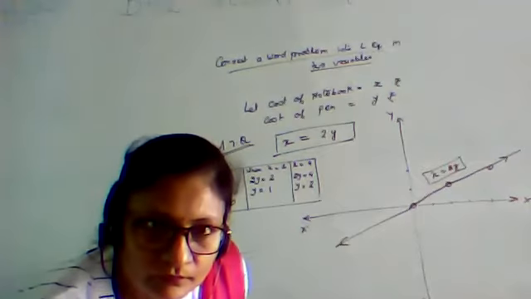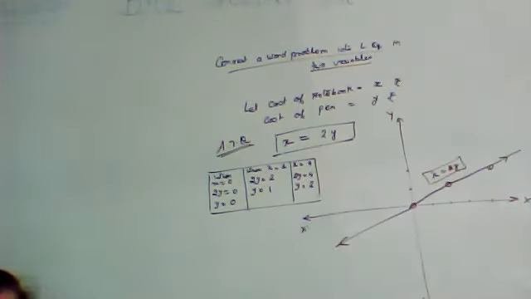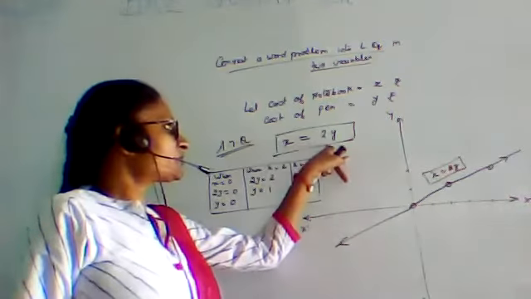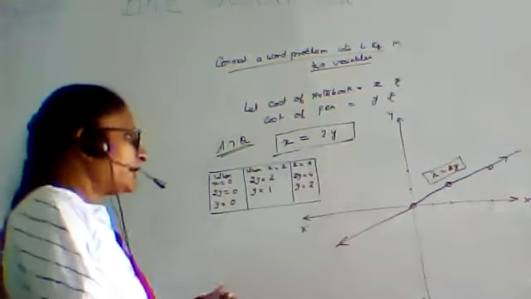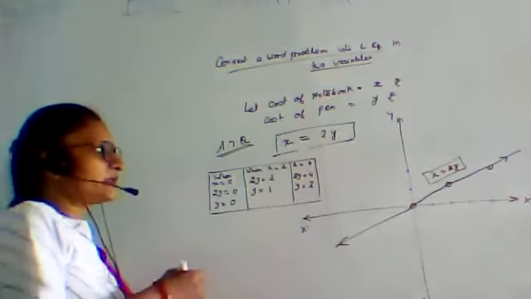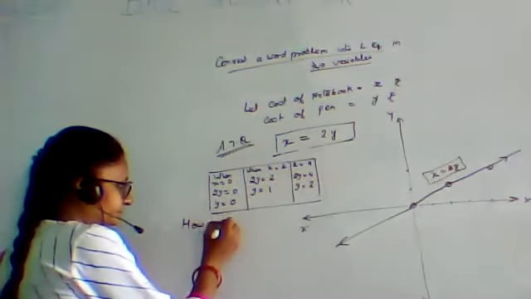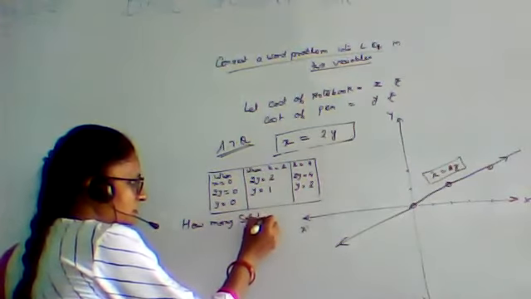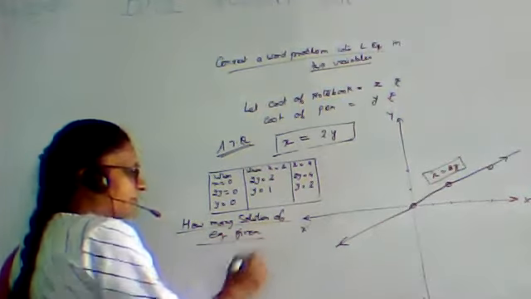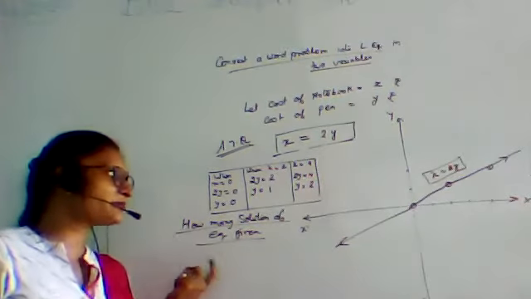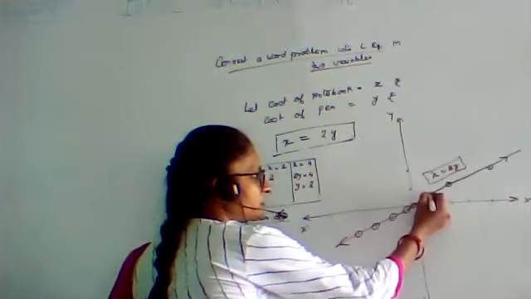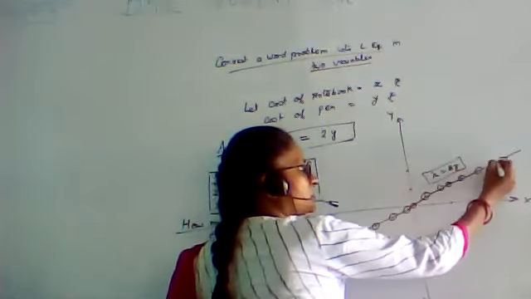Okay, now what is the next point? Next point is how many solutions of the linear equation in two variables. If any equation is given over here, how could you explain how many solutions the equation has? कोई भी टू वेरिएबल इक्वेशन आपको गिवन है तो उसके कितने सॉल्यूशन हो सकते हैं? सॉल्यूशन मींस every point of the line gives you a solution. Every point of the line is the solution of the equation.